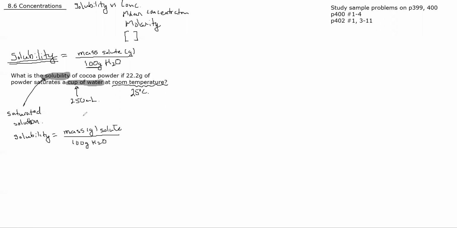This is what I'm looking for. Right now, what we have is 22.2 grams of the solute in 250 grams of water. Do you see how 250 milliliters is just automatically 250 grams? We have, mathematically speaking,